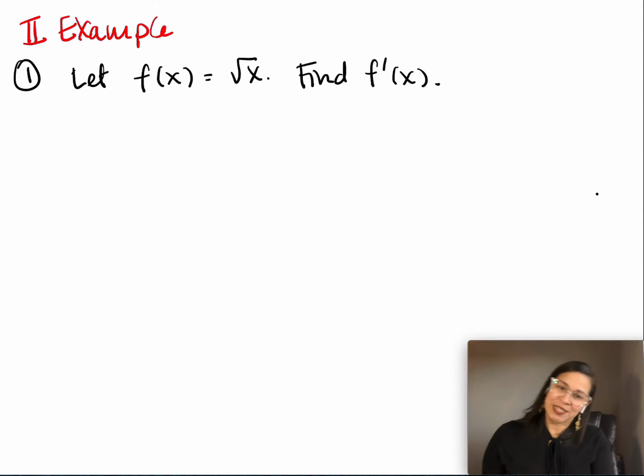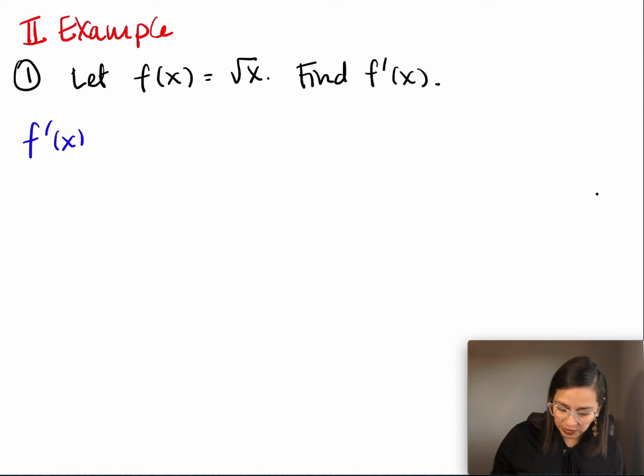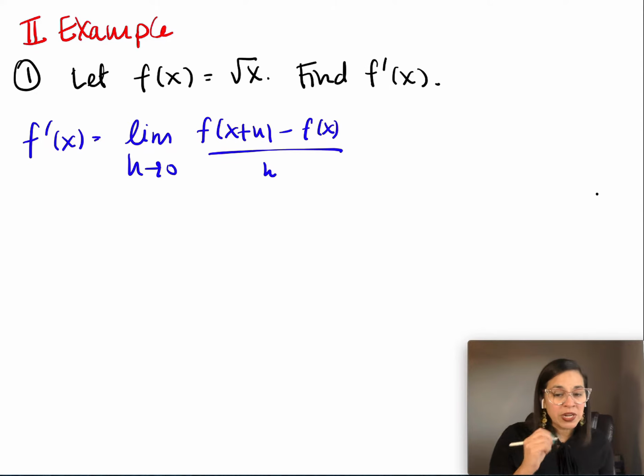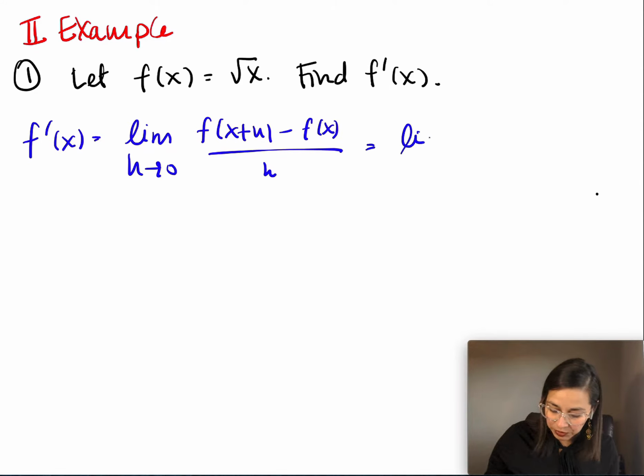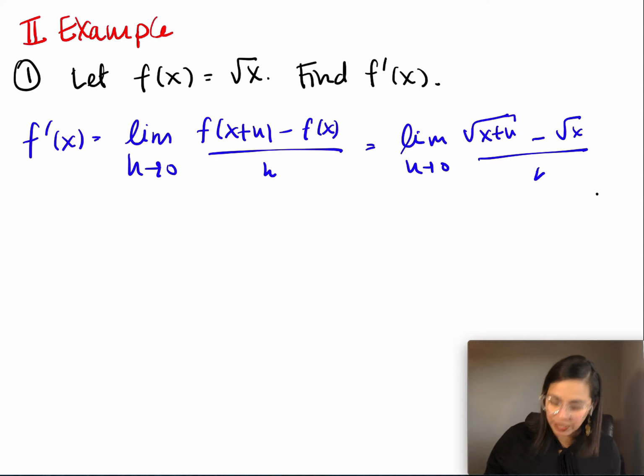Okay? So let's do an example. We want to find the derivative of f of x equal to root of x. So what we're going to do is start by writing the definition down. So f prime of x is equal to the limit as h goes to 0 of f of x plus h minus f of x all over h. But we know that means we have to replace x plus h. So here we go: root of x plus h, the whole thing inside the square root, minus root of x, all over h. Now, if you let h go to 0